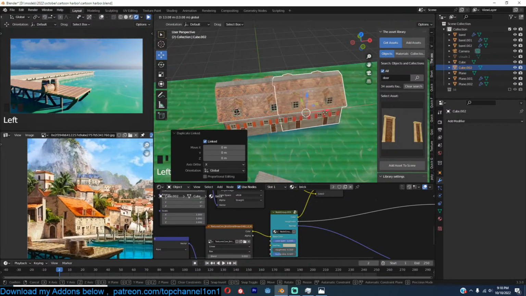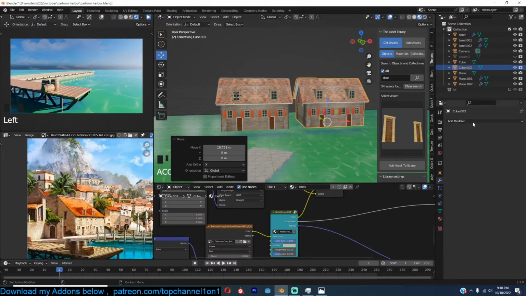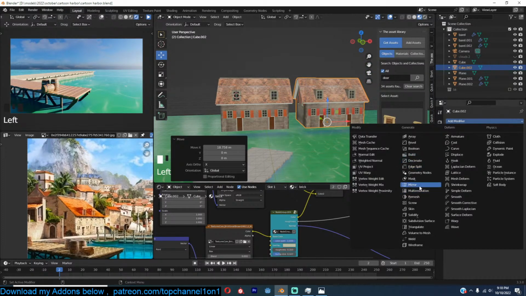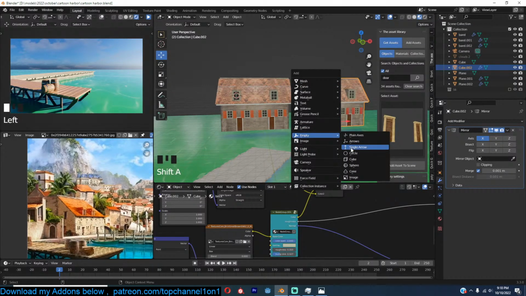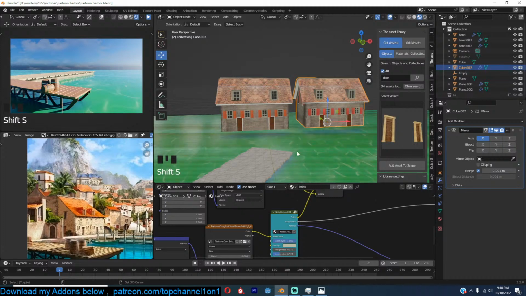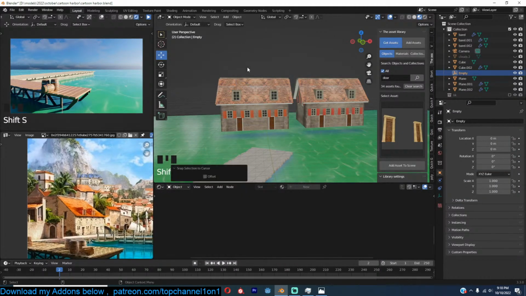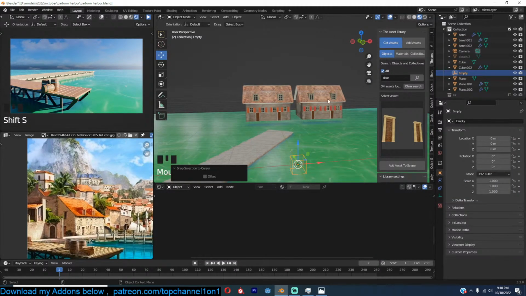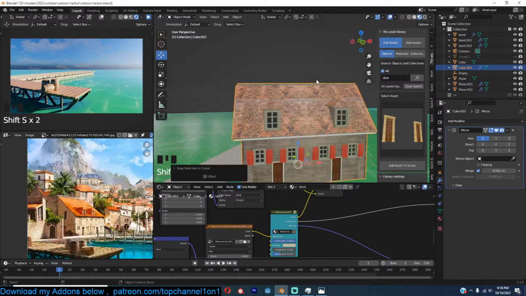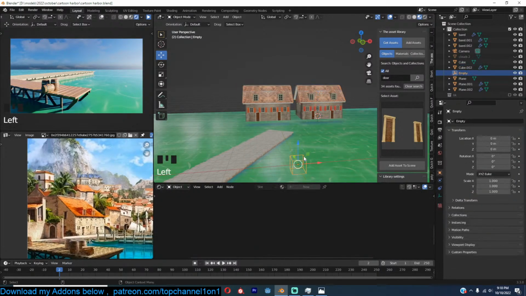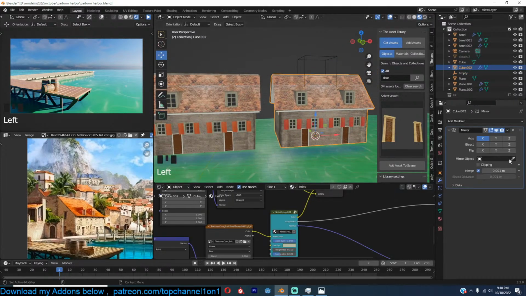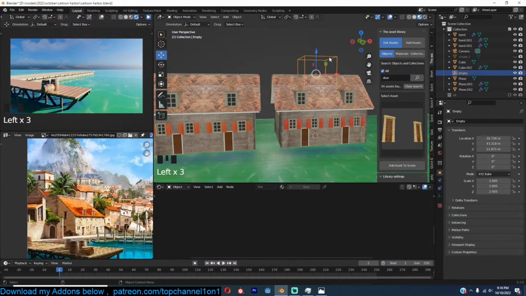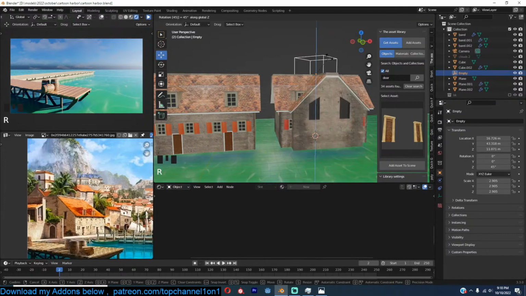Just duplicate. I think I've shown this before. You just add a mirror modifier and use something like an empty. Use an empty as the mirror object. Now, if you rotate this empty 45 degrees,